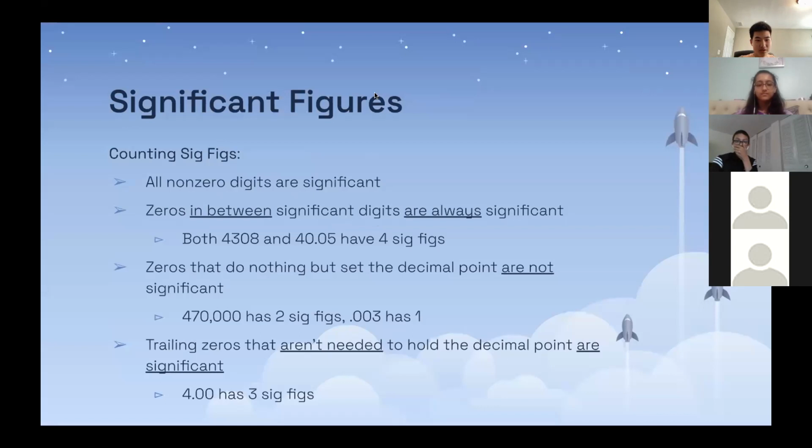All right, so starting off with significant figures, it's kind of a bombastic name if you use that word a lot. It sounds a lot more imposing than it actually is, because most people like to call it sig